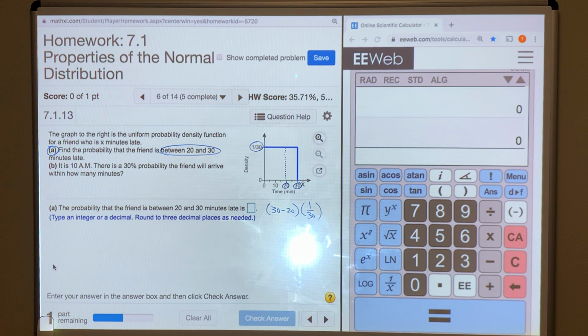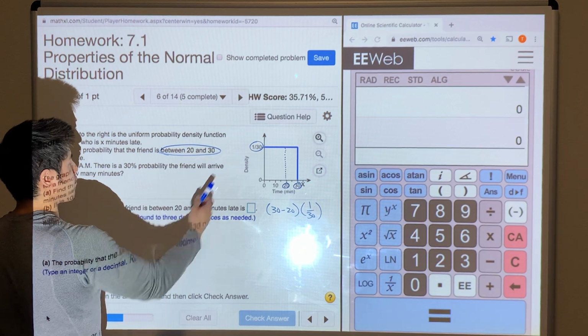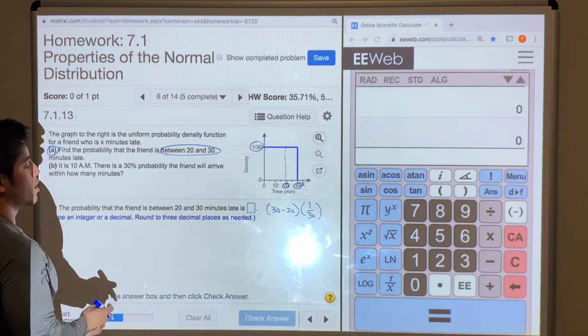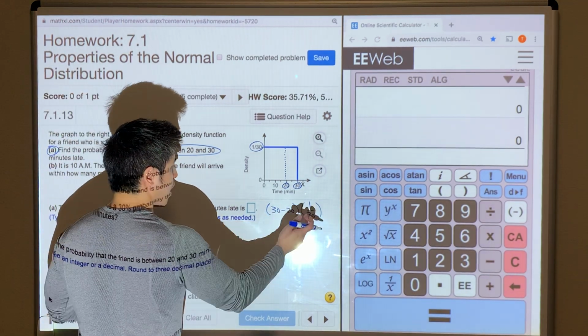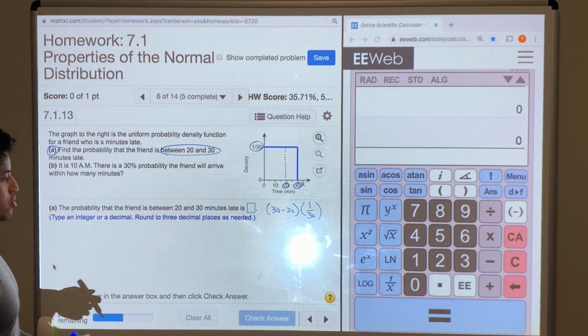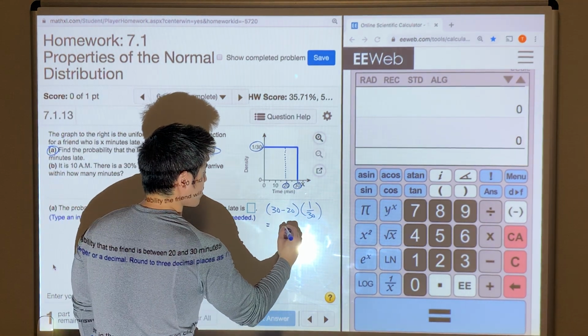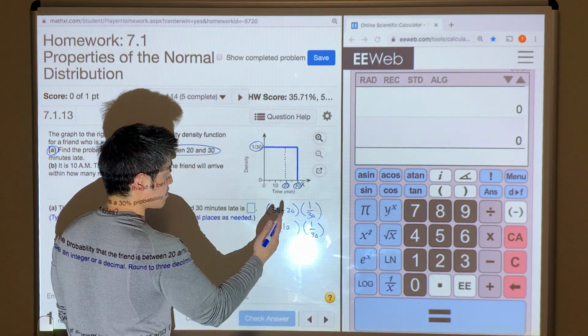So whatever your problem is, maybe your problem is 5 to 10, 15 to 20, 25 to 30. Whatever it happens to be, you would find the difference in time and multiply that by the probability, which is going to be in there, and all of them are going to be essentially the same. So for my problem, that ends up being 10 times 1 over 30, which is going to be 10/30th,